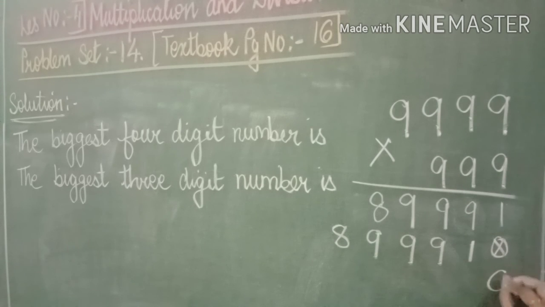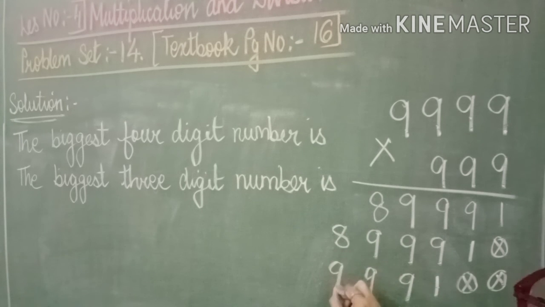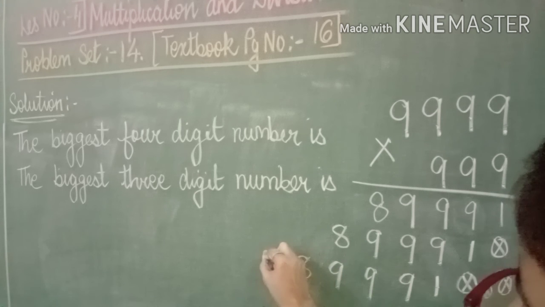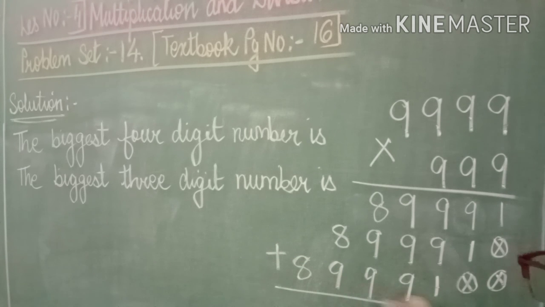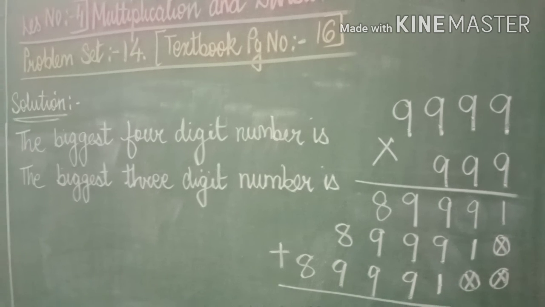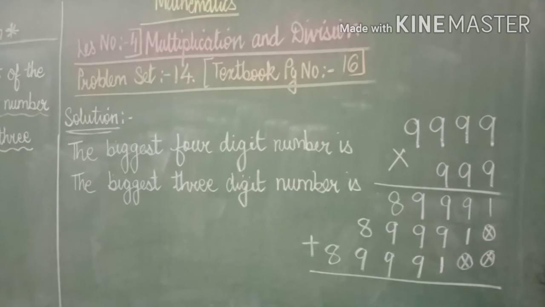Okay, now we are going to do the next solution, which is of 9, which is standing in the hundreds place. So this becomes unit 0, this becomes tens 0, and we have to write in the reverse direction. 1, 9, 9, 9, and this is 8, and we are going to add. Even if you are multiplying this, 9 nines are 81, the same answer is going to repeat in the tens place and in the hundreds value also. So let's start adding.